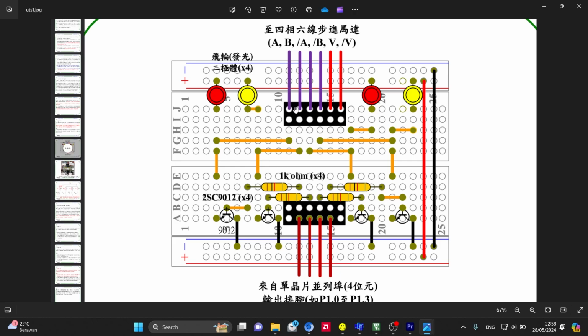This 4 cable is connected and is controlling the direction and speed, which is the A slash and B slash, and then we have 2 red wires right here for the power for the motor, and then we also use 4 resistors right here, 1k ohm resistors, and then we also use 4 transistors, and then this red cable at the bottom is connected to the microcontroller for controlling the speed of this light and the motor.